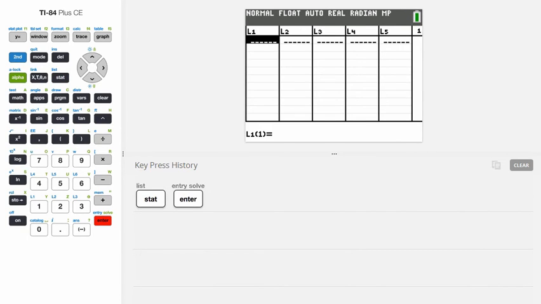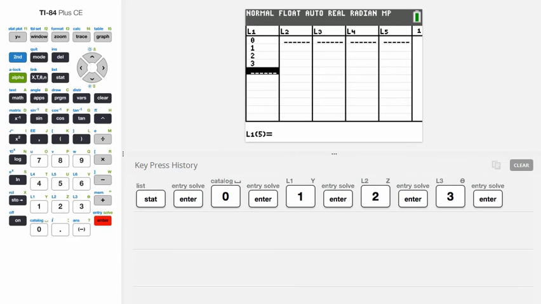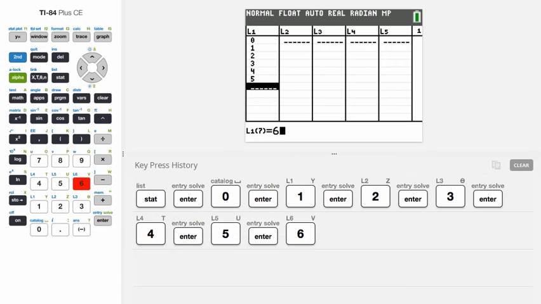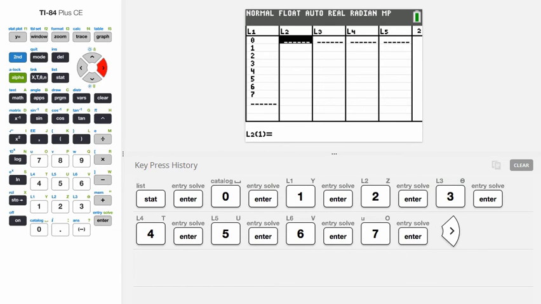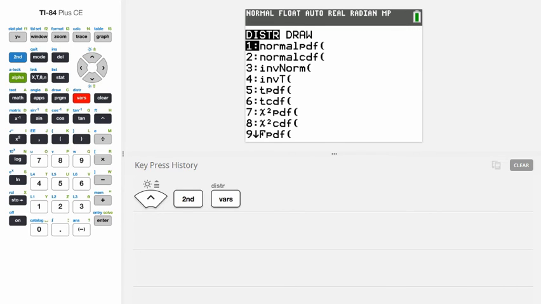For L1, we want to start with 0, 1, 2, 3, 4, 5, 6, and finally 7. Then move over to L2, arrow up, go to our distribution menu, second, VARS, down to binomial PDF,